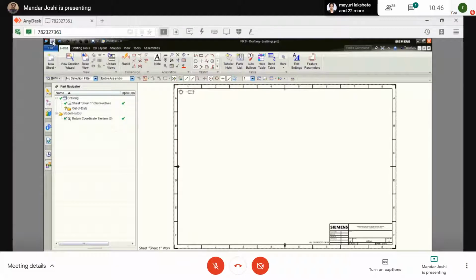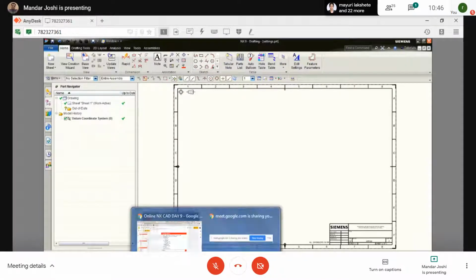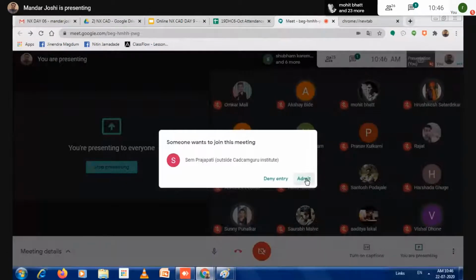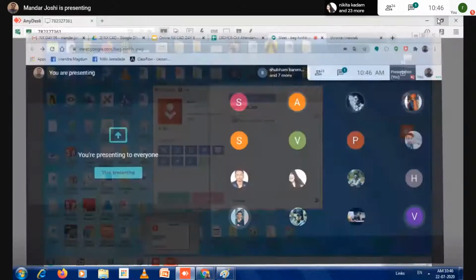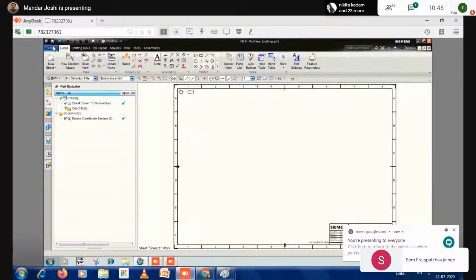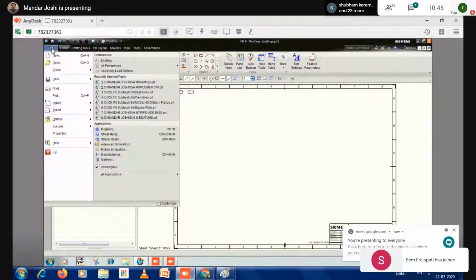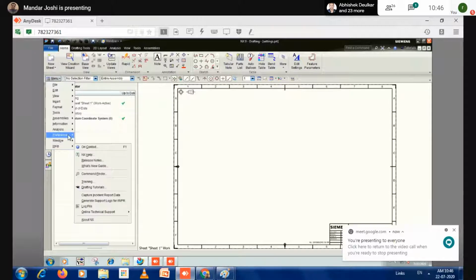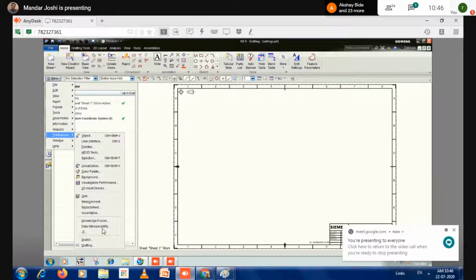Now after storing this file, you go to file option. Sorry, not file. I'm sorry. Go to the menu option, menu, and select Preferences. In the preferences, you see Drafting.